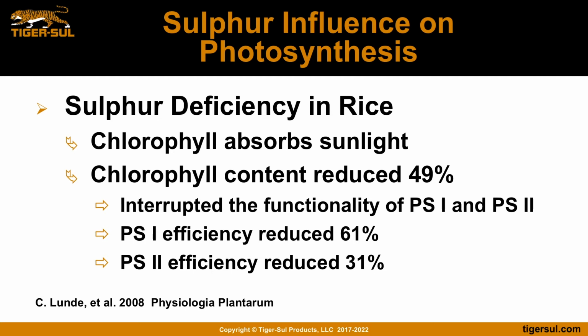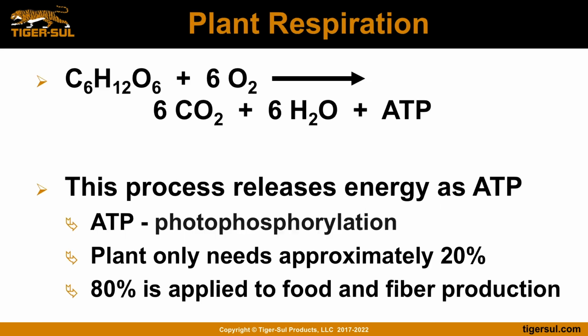Let me expound on this. Photosystem 1 is considered the light reaction, whereas photosystem 2 is considered the dark reaction in the photosynthetic process. And hence, that's the reason we see a greater reduction in the efficiency of System 1 with the reduced amount of sulfur being present. In plant respiration, which is essentially the opposite of photosynthesis,